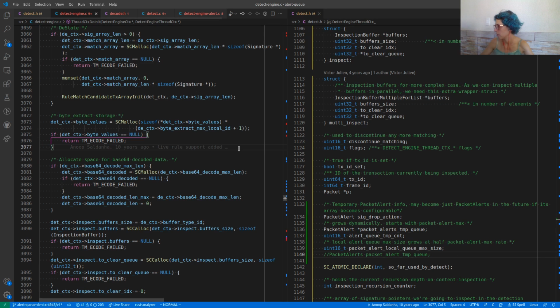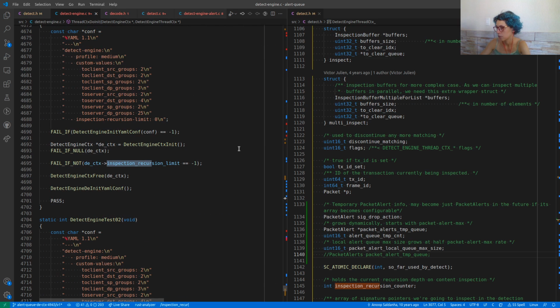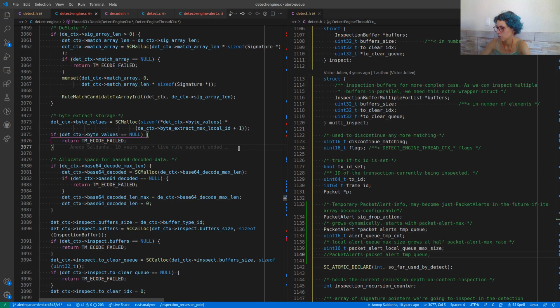So do we have something like inspection, recursion, pointer? We don't, but we do have other things. Let's see, what am I deleting? Nothing so far.